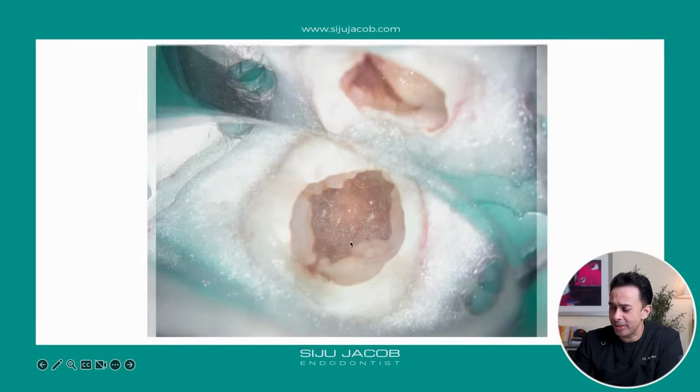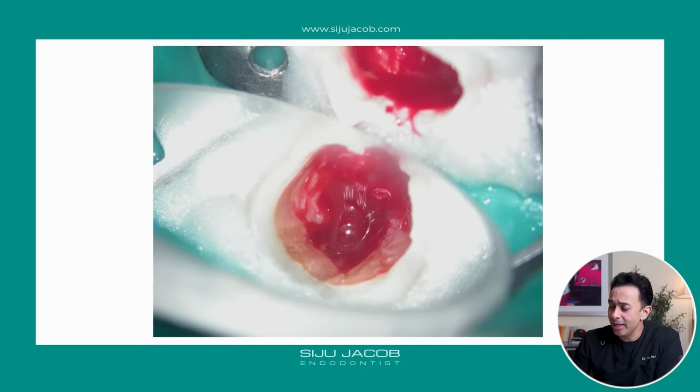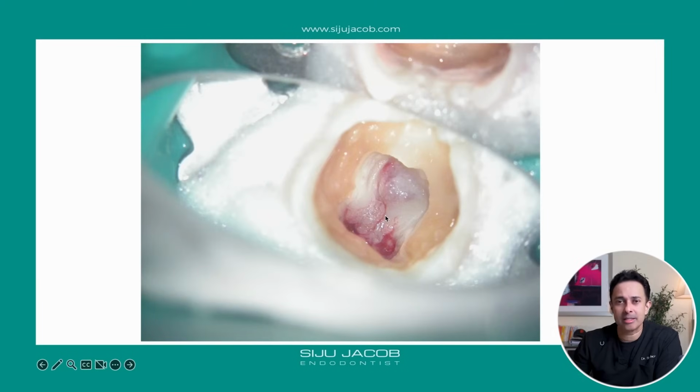We start cleaning it up, and the minute we start cleaning it up, there's lots of soft decay inside, so you can't leave it like that. The patient is in pain. And the minute we clean up the soft decay, you can see extremely inflamed pulp. So what we did in this particular case, this is a young boy, I think he's 11 or 12 years old, we clean up the coronal part, and then we get to the stage where the inflamed pulp is removed from the chamber, but the radicular pulp is not that inflamed.